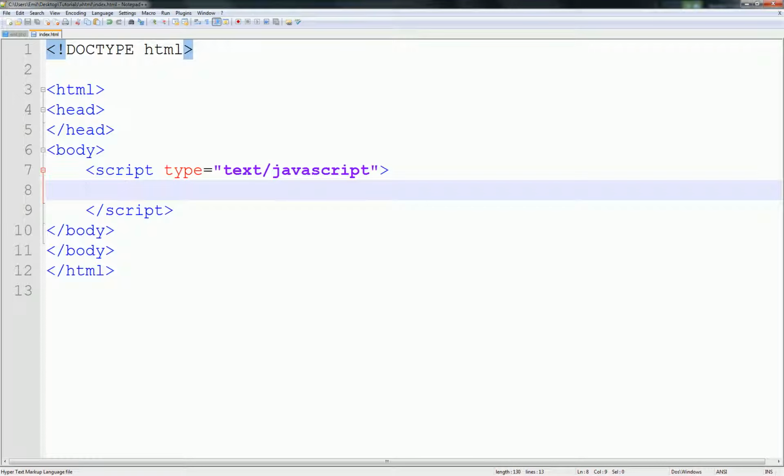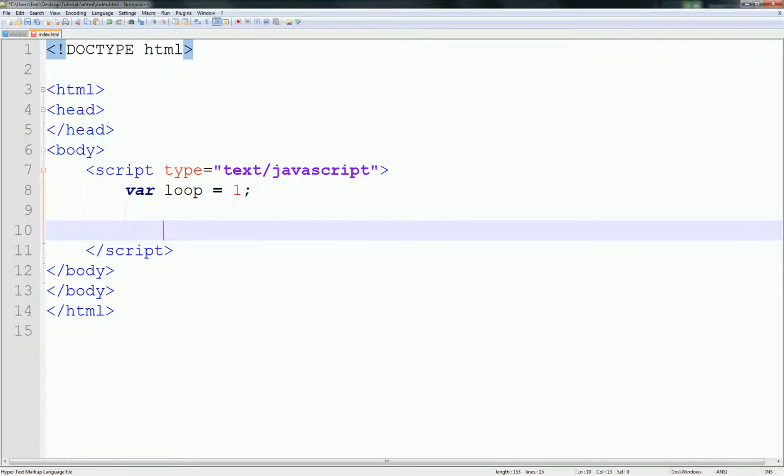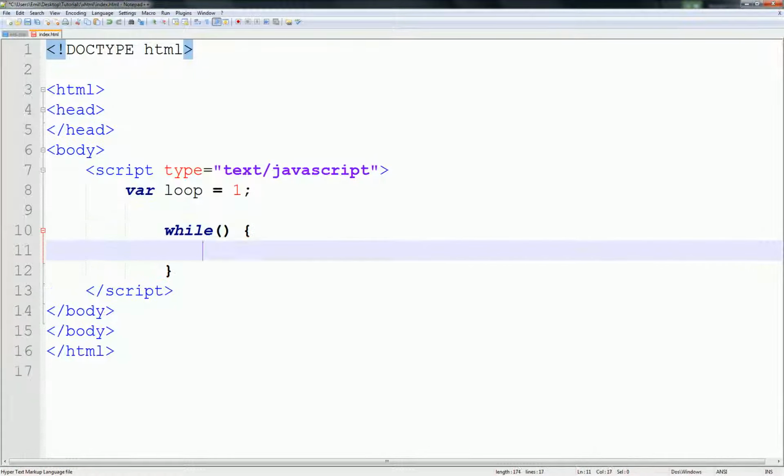Now we're ready to do the while loops. So I'm going to be building a variable called num, or test, or loop, actually I like that more, and set this equal to 1. The way a while loop is built is sort of like if statements, almost the same way, but what we do is we give it an instruction again. I'm just going to say document write and then put loop plus a piece of text,